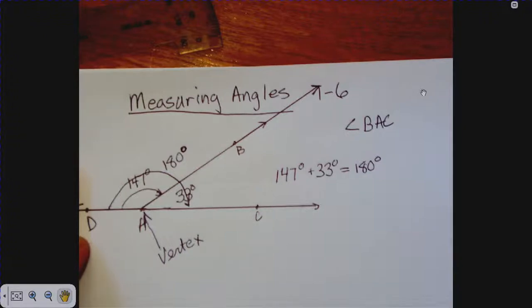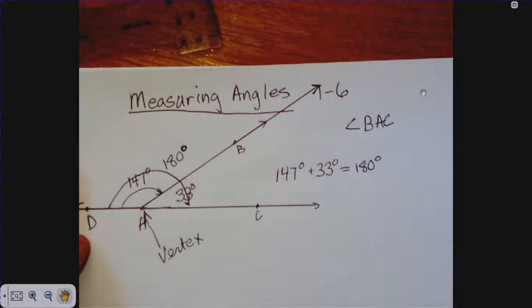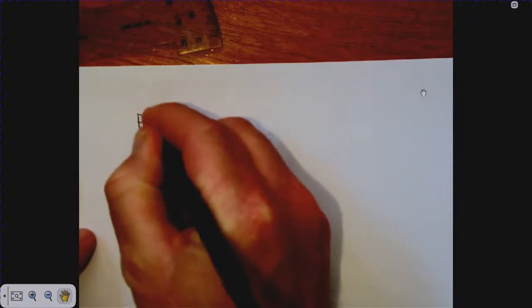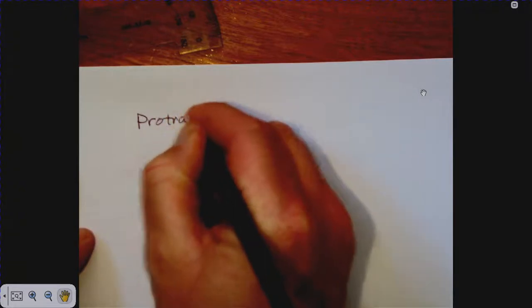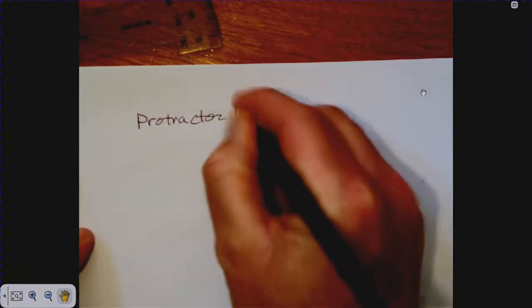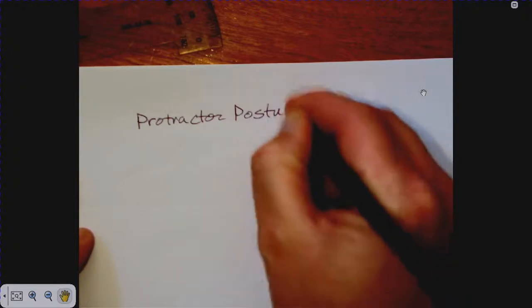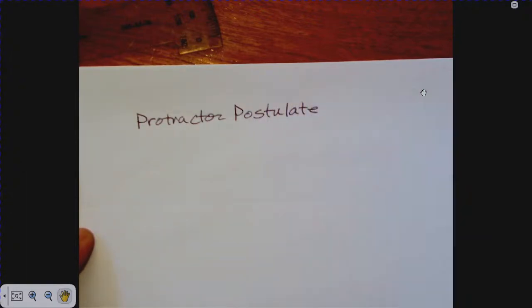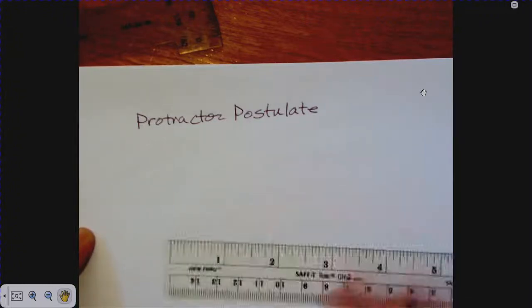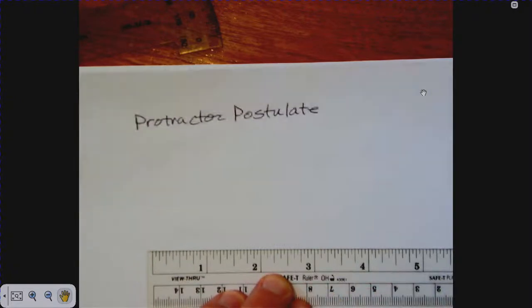Okay, now I'm going to deal with something called the protractor postulate. The protractor postulate is on page 37 of your book. It's postulate 1.7. And the protractor postulate basically says we can have